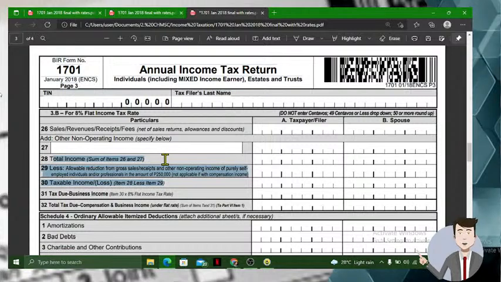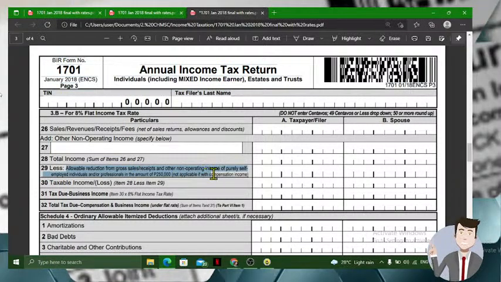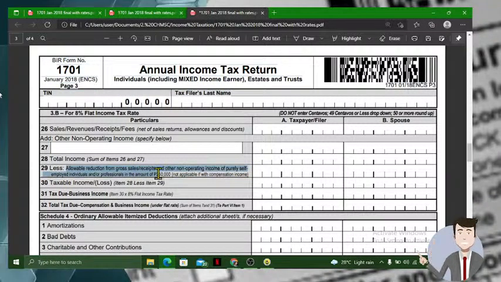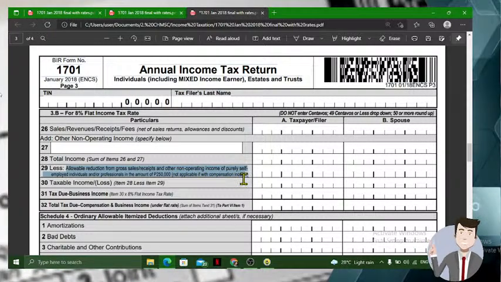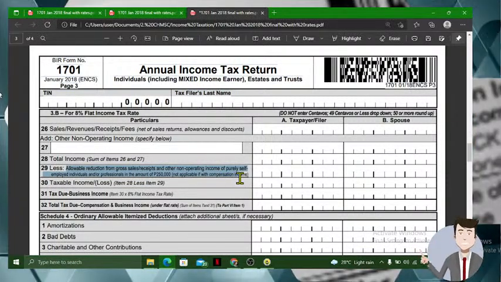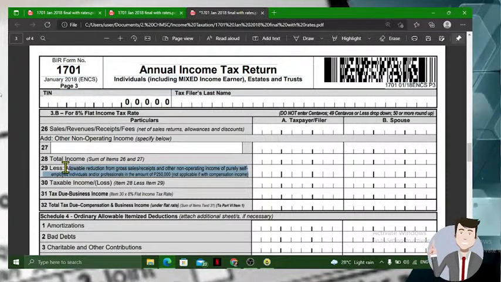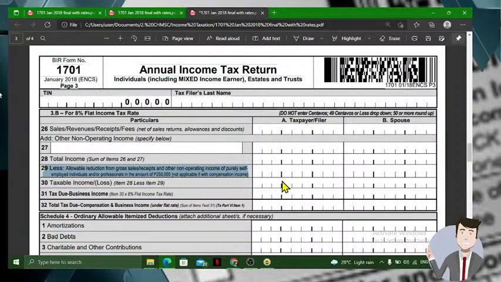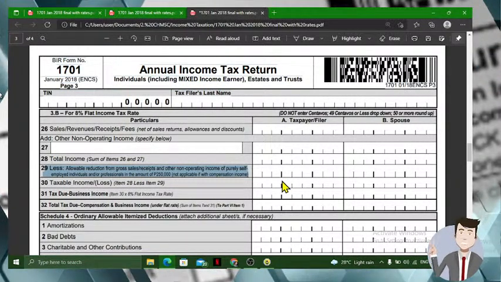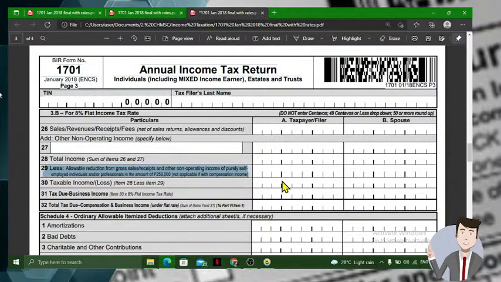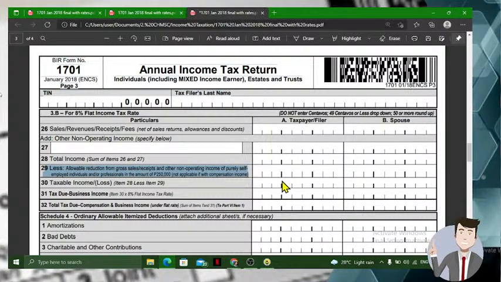That's 26 plus 27. Then less your allowable reduction from the receipts and other non-operating income of purely self-employed individuals and or professionals in the amount of 250,000. Not applicable if with compensation income. Okay? If with compensation income, this is not applicable. So for practitioners or taxpayers earning business income and who have no compensation income, you can claim